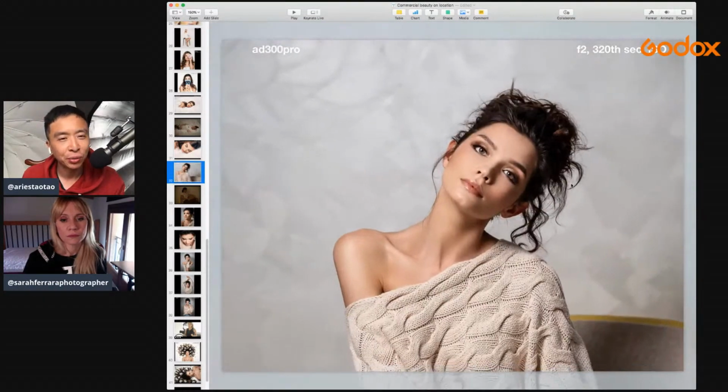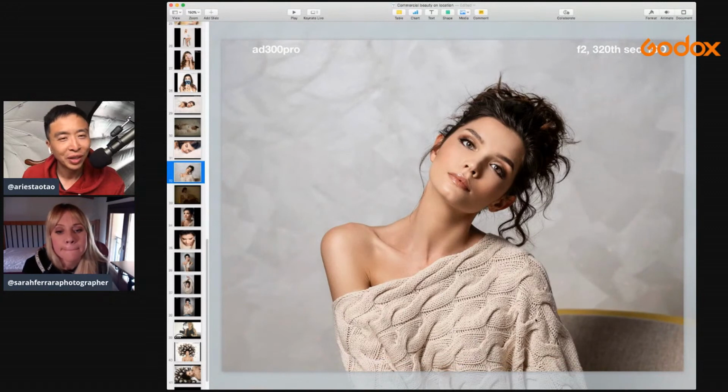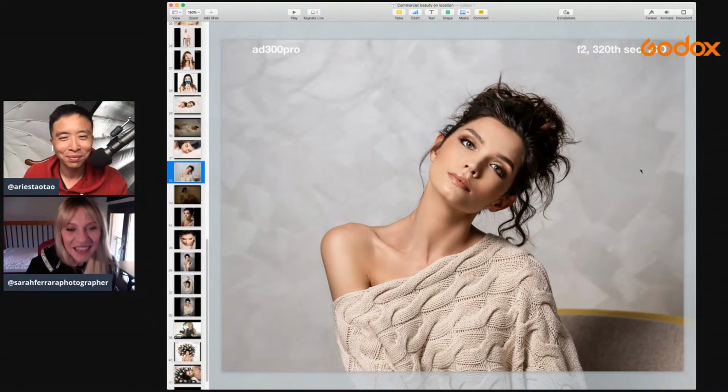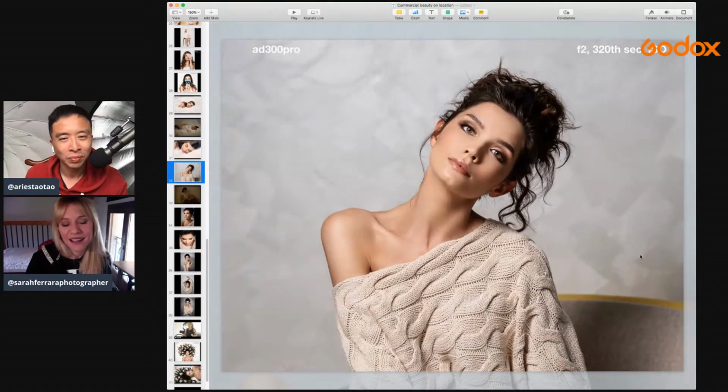It's amazing nowadays with mirrorless cameras how much detail we can see in the sweater and hair. And I don't sharpen the image. And this is at f2. Yes, I adore the sharpness, and I definitely don't sharpen anything because there's just no need. I've left her hair messy. I haven't retouched that. I just retouched her skin a little bit, did a little bit of dodge and burn,